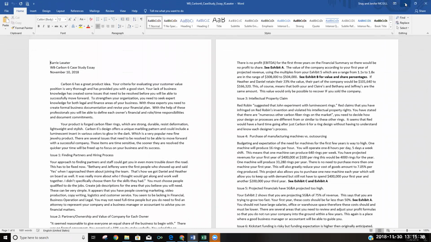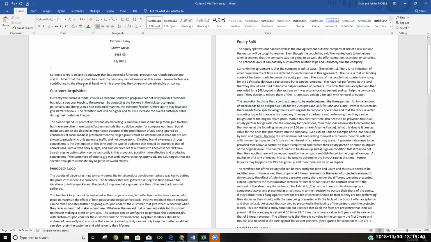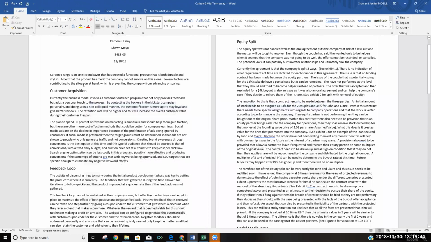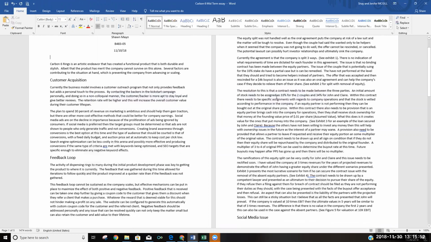Another one that I really liked for content is this one. Sometimes I've asked you to split it out into shorter paragraphs, and some of these paragraphs are a little longer than I like, but I like that they're organized into columns or sections so that I can easily know what I'm reading about here, and then I move over here.